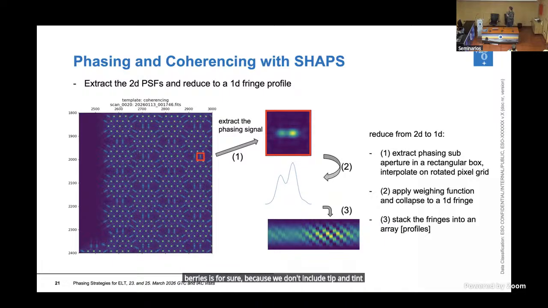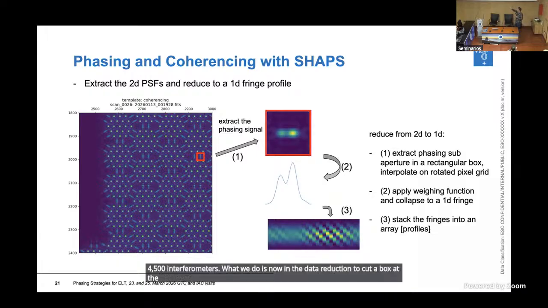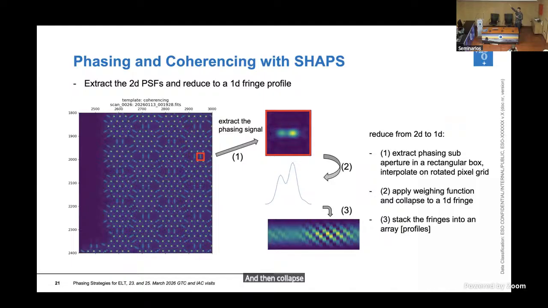There's no atmosphere. So the phasing signal changes. We have 4,500 phasing signals, so 4,500 interferometers. What we do in the data reduction is cut a box at the centroid of the phasing signal,